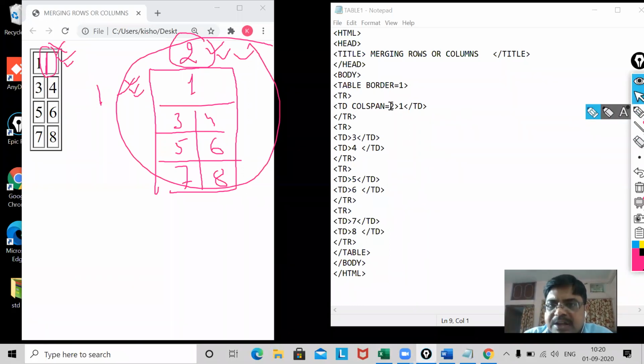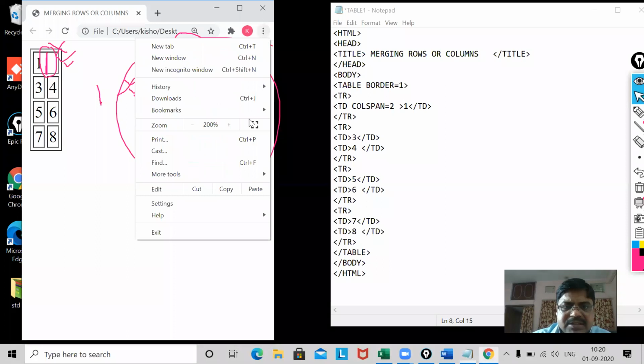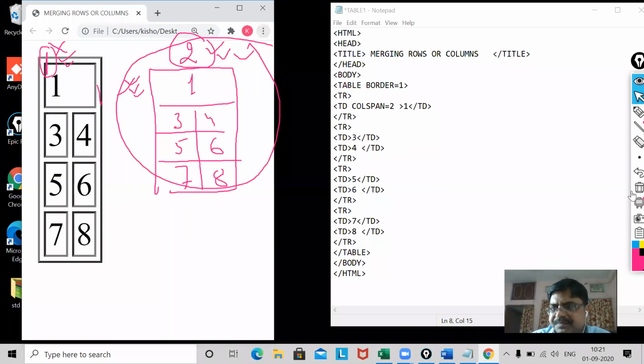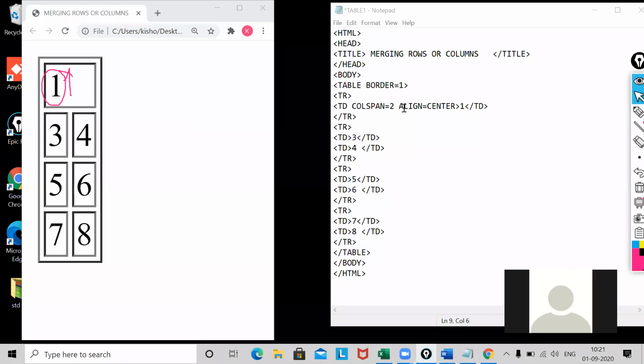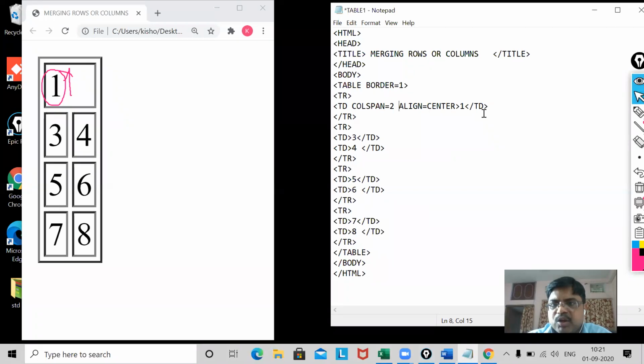For doing this, what changing will you do here? Let me increase the size so that you can watch the table nicely. Now, I will use here align equal to center. Now it will come at the center, my dear. Wait, here I have to not use. I will use here align equal to center. Now what will happen? You will see this one shown here. Just let me check it first. TD colspan equal to 2, align equal to center.